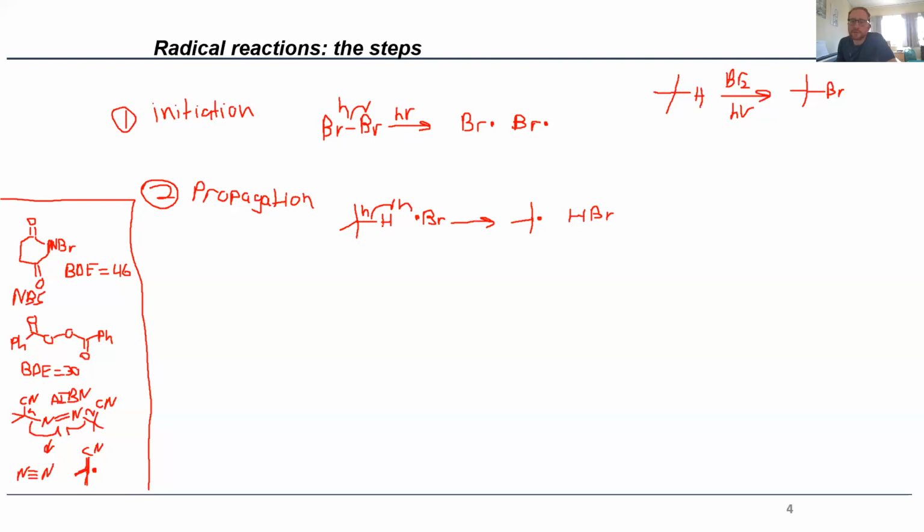And the number of radicals here stays the same, right? So this is propagation, because we had one radical and now we still have one radical. Another propagation step would look like this,